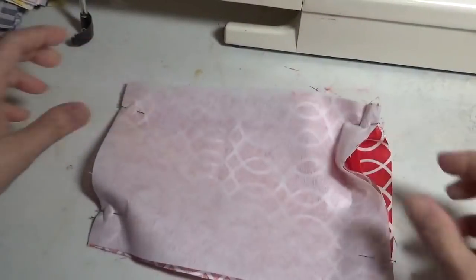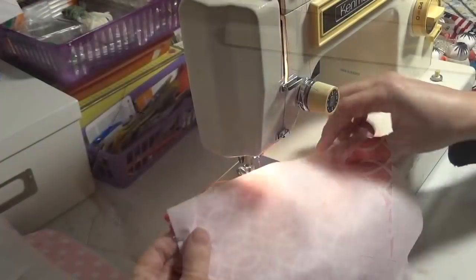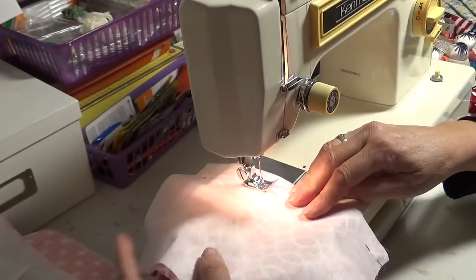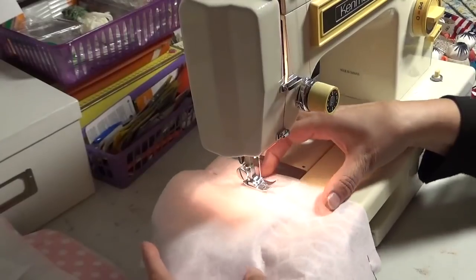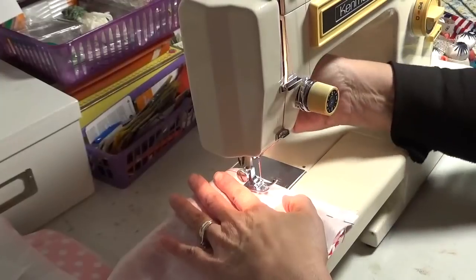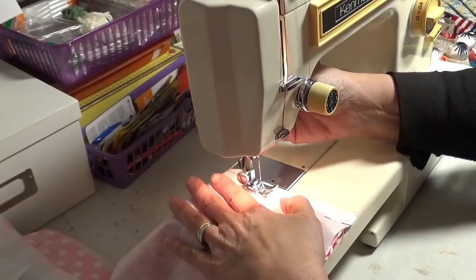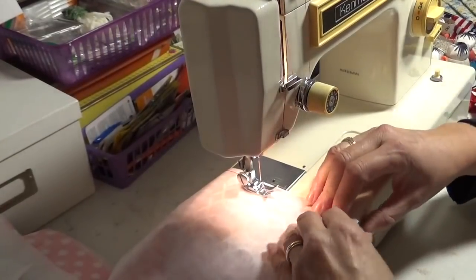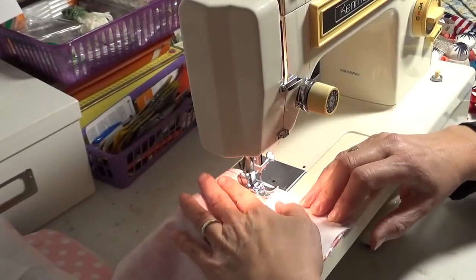Okay, now I'm ready to sew. I'm going to begin on one of my long sides. We're going to turn this when we put this together, so we need an opening. I'm going to have an opening right here. So I'm going to start on this side, and I'm going to do about a 1/2 inch seam allowance, or maybe a little less. It could be 3/8 of an